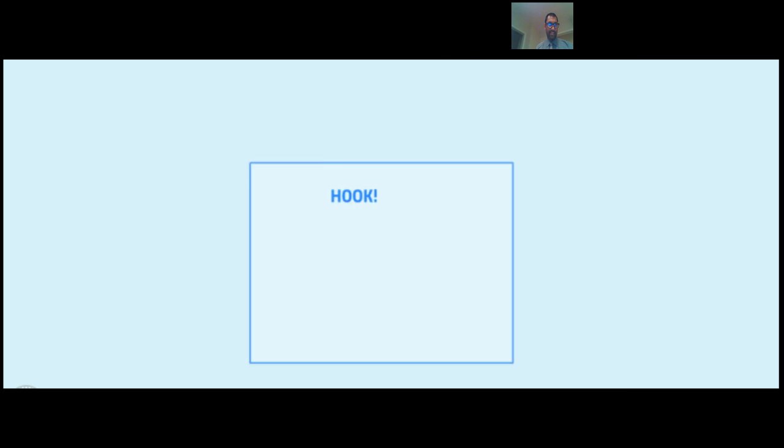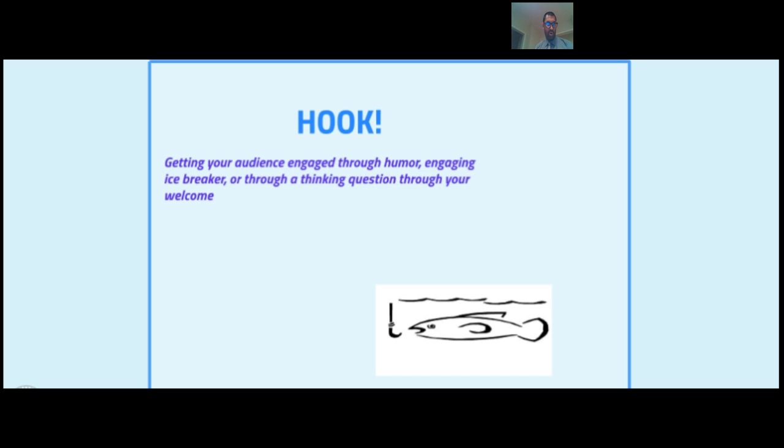A necessary aspect of a webinar is the hook. How do we hook our audience? We can do this in many ways. First, we can actually have the audience engage through humor, or through engaging icebreakers, or through a thinking question in your welcome message. We want to stimulate their minds and have them gain some interest into what your presentation will